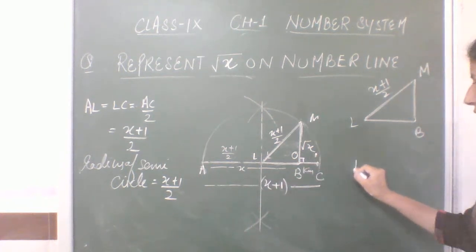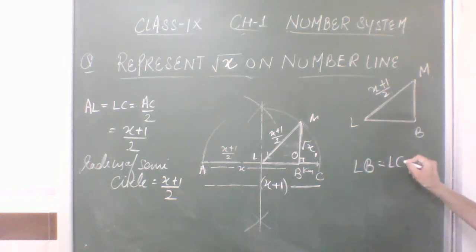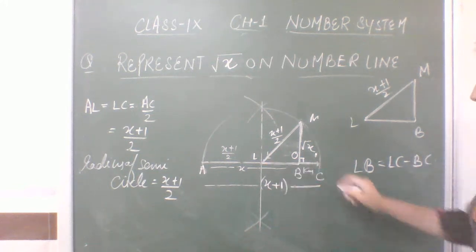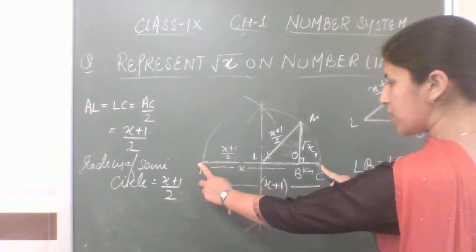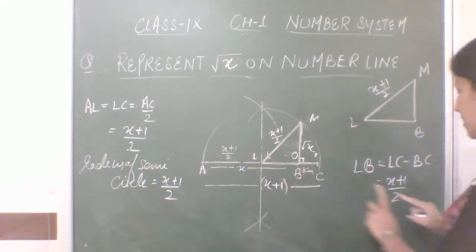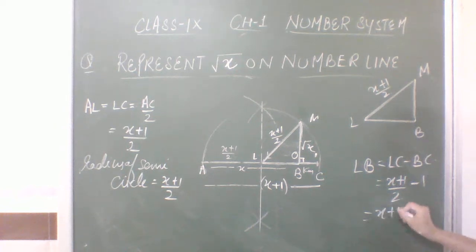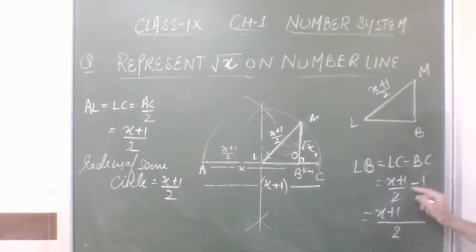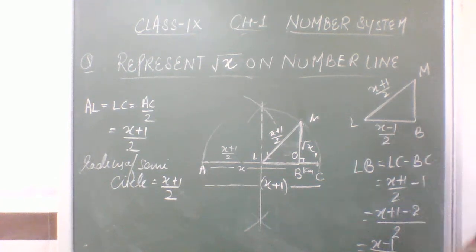Can we say LB is LC minus BC. And what is LC? LC is (x plus 1) divided by 2. ये पूरा लेंथ x plus 1 था, LC उसका हाफ था, that is (x plus 1) divided by 2. And what is BC? BC is 1. This is (x plus 1) take LCM 2 and यहाँ पे 2 इधर मल्टीप्लाई हो जाएगा, minus 2. You will get (x plus 1 minus 2) is (x minus 1) upon 2. What is the length of LB? This is (x minus 1) divided by 2.